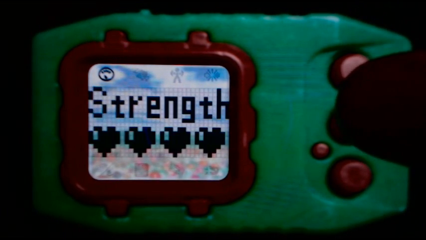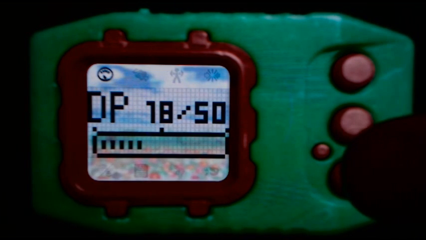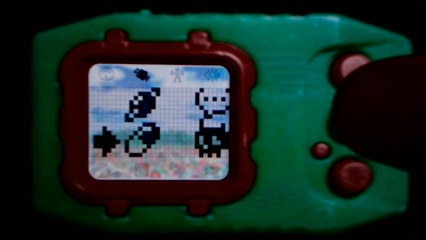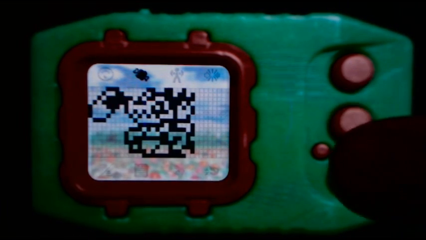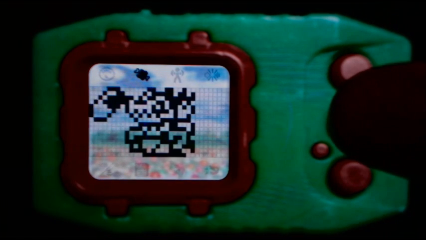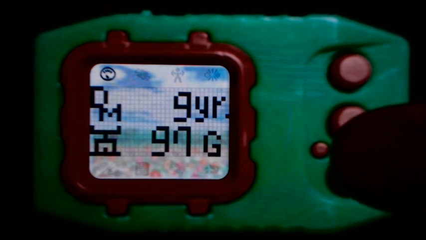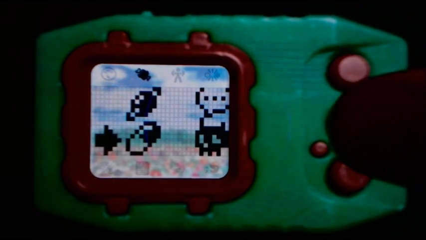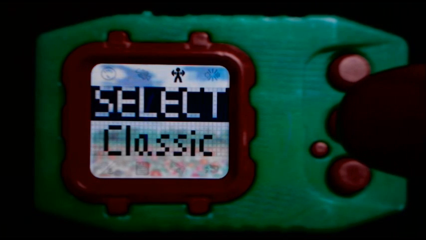Okay, so pretty much what I'm going to do is check all my stuff here. The stats, it doesn't matter where your DP is to do this. I just usually do it when it's low. So you're just going to want to get your Digimon's weight up to 97. Alright, 97. So what you're going to want to do is just give it one more, which will bring it to 99. Okay. Go into Classic, hit 100%,